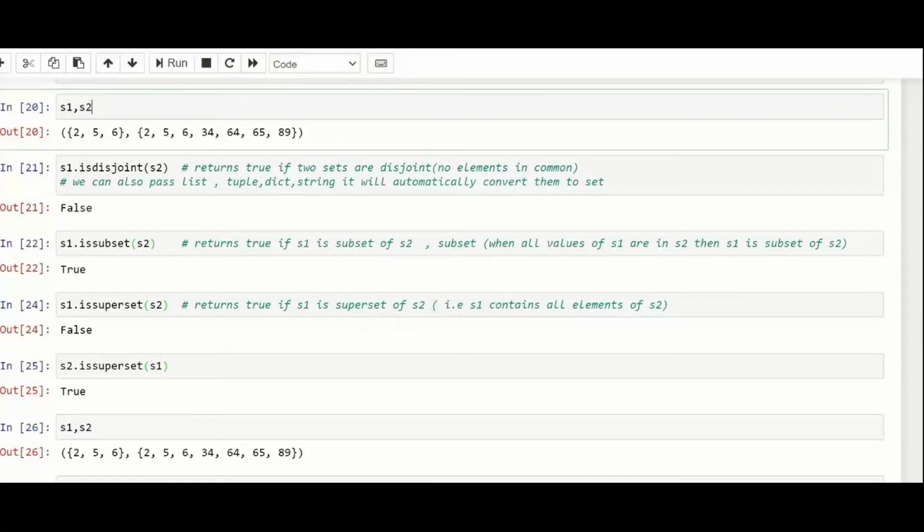As I told you in subset, Delhi is a part of India, so Delhi is a subset. India is a bigger set, Delhi is a smaller set, so the Delhi set will be a subset of the India set. In that case India is a superset, and Delhi will be inside it. If I ask whether India is a superset of Delhi, correct.